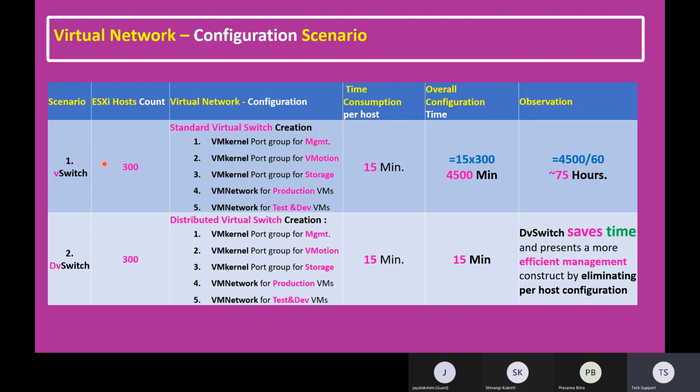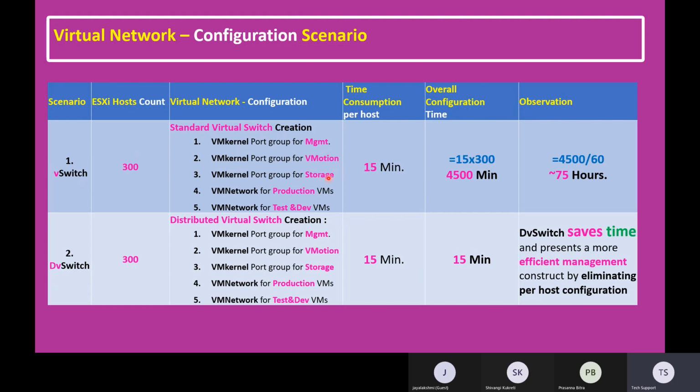In our virtual switch scenario, let's say the ESXi host count is 300 ESXi hosts. When we have 300 ESXi hosts and want to configure the virtual network, I gave the example of 5 network configurations. In our standard switch creation, every host must have a VMkernel port group for host management, and another VMkernel port group for vMotion purposes, and another VMkernel port group